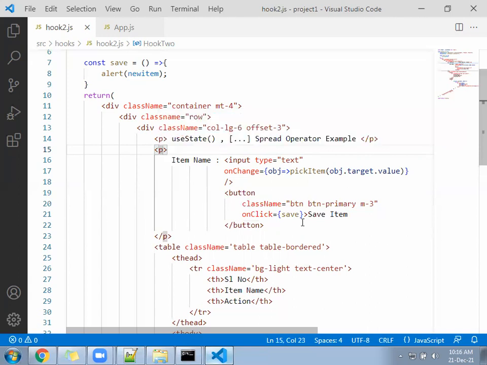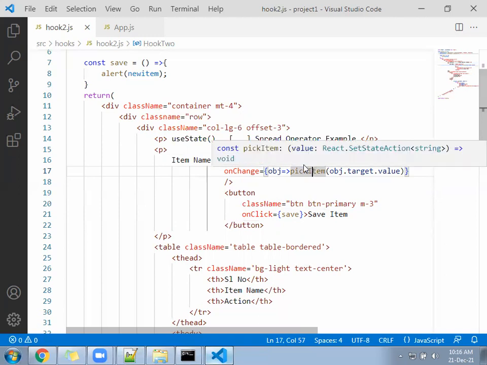Save. Now enter the value under the text box and click on the button. See, your alert is coming. Getting alert?